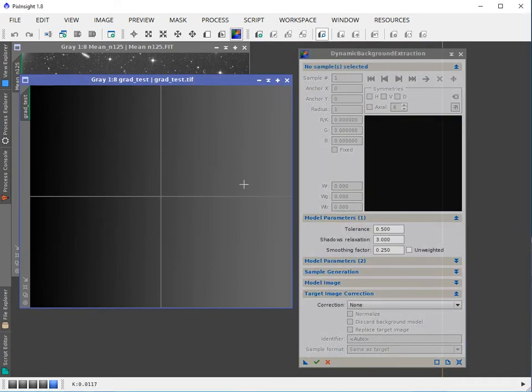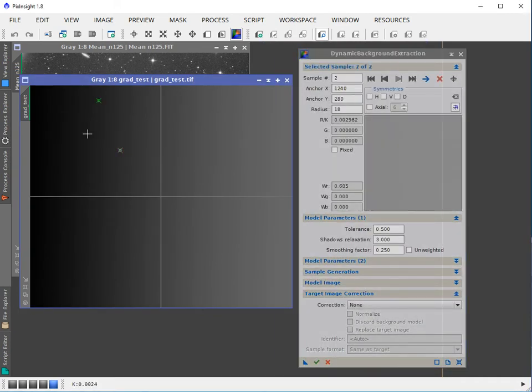Click on the image to link them, and then start adding samples. This is the kind of background gradient that we would want to correct in our image. Now, to make these perhaps a little bit bigger, why don't we make our samples really something large? And as I add samples,